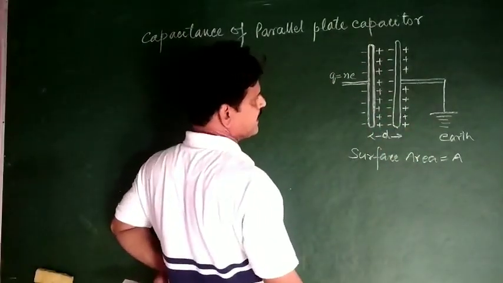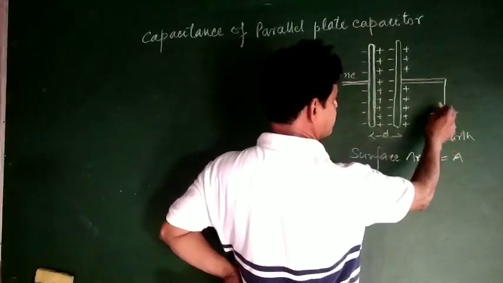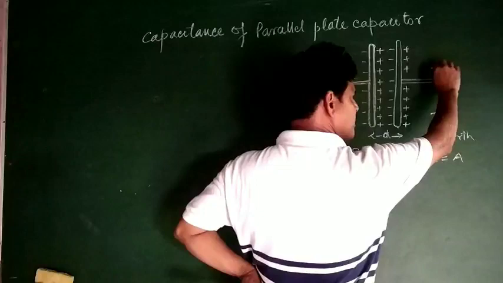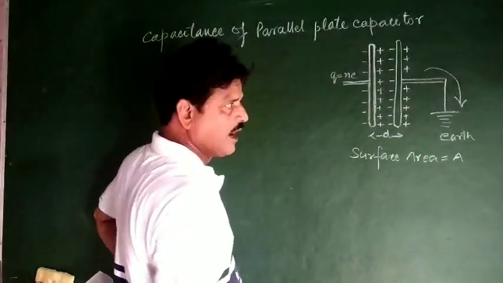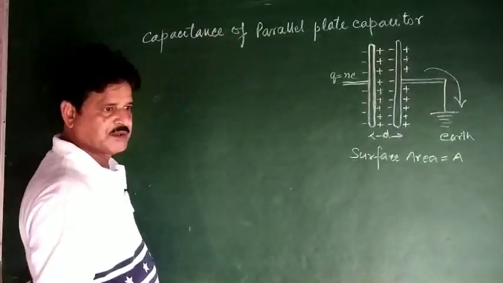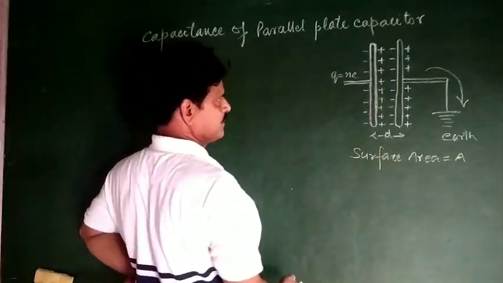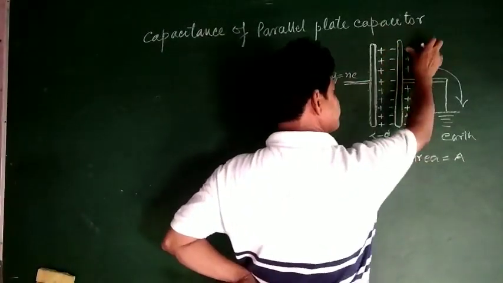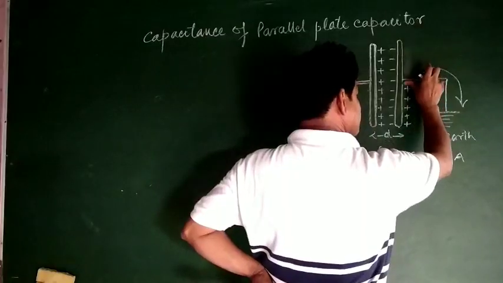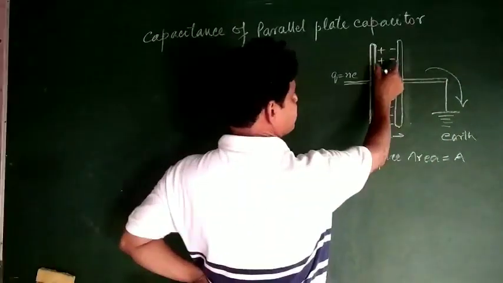and collects on the second end. When it is joined to the earth, these charges submerge into the earth, because the earth is also a very great source of negative charges. It submerges, so the total charges of the outer surface are omitted, and only the charges within the plates remain.